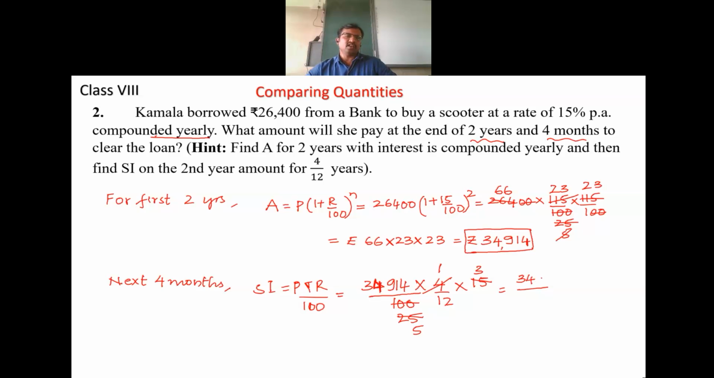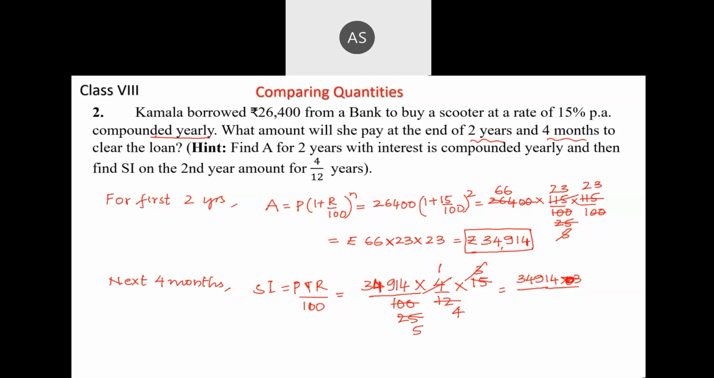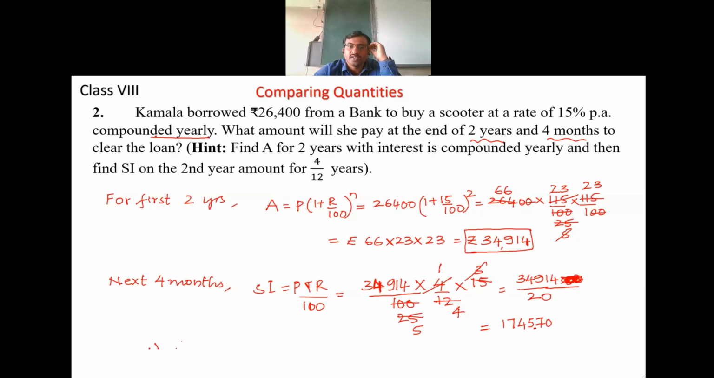Look at the denominator and the numerator. Numerator is 34,914 into 3, and the denominator is 5 fives, 17,457. So this can be simplified 4 times. So this 3 is not there. 4 fives are 20. This is 17,457 divided by 10. So it becomes 1,745.7. Therefore, 1,700